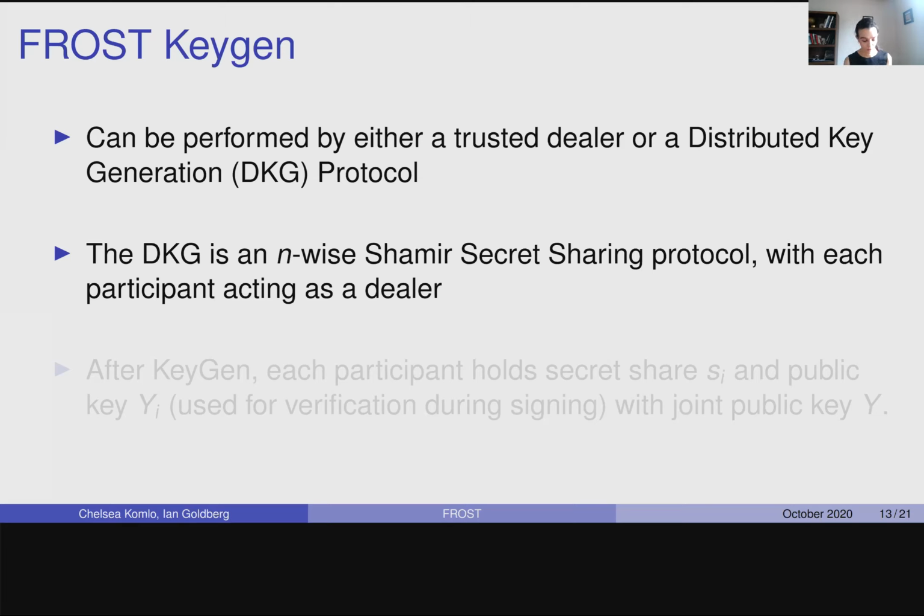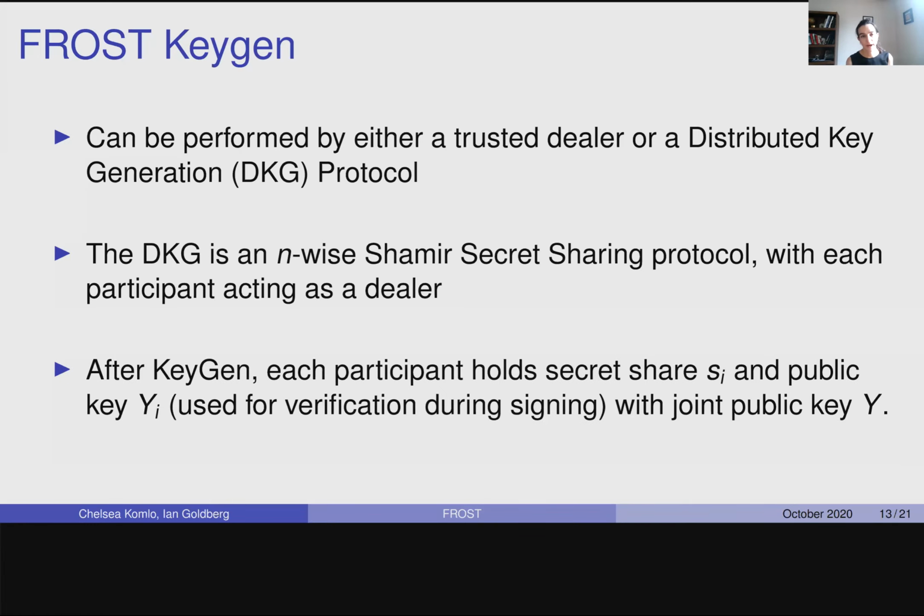So if you want all of your participants to be equally trusted, you'd use this DKG protocol. Whereas if it's okay that one of your parties is sort of trusted in this dealer way, you can just do regular Schnorr secret sharing with a bit of a twist. But what's important is that after this key generation protocol, every participant holds a secret share SI,